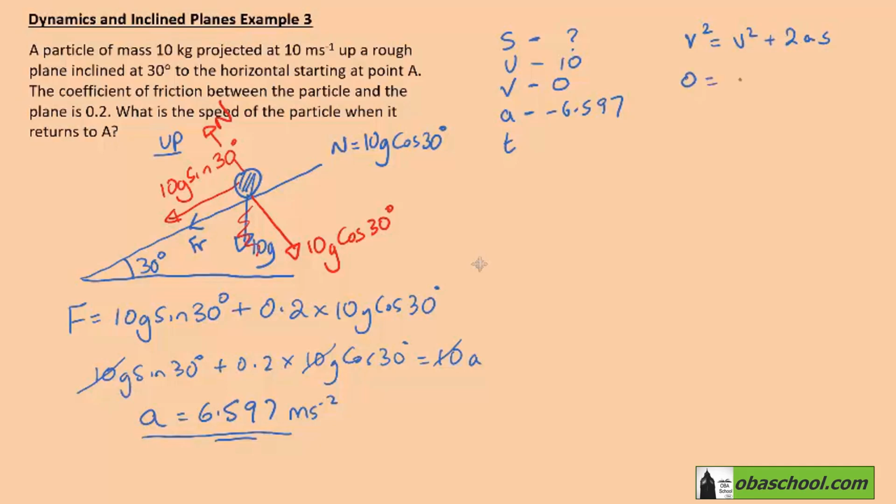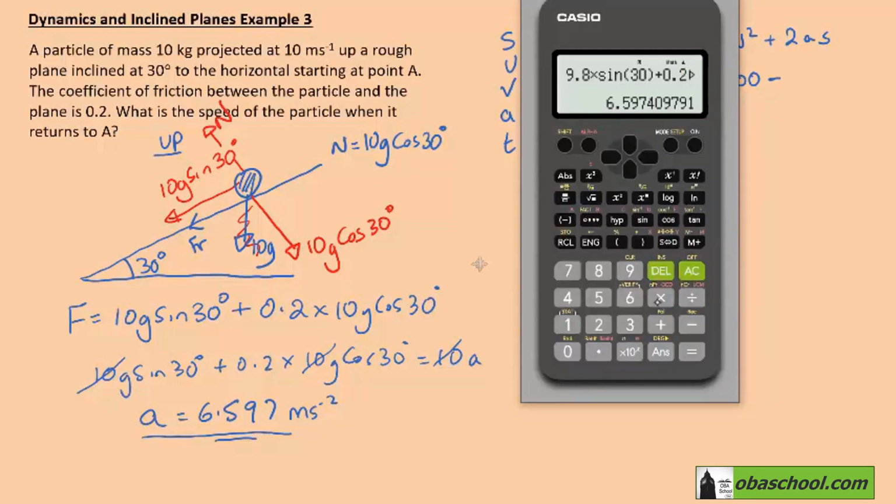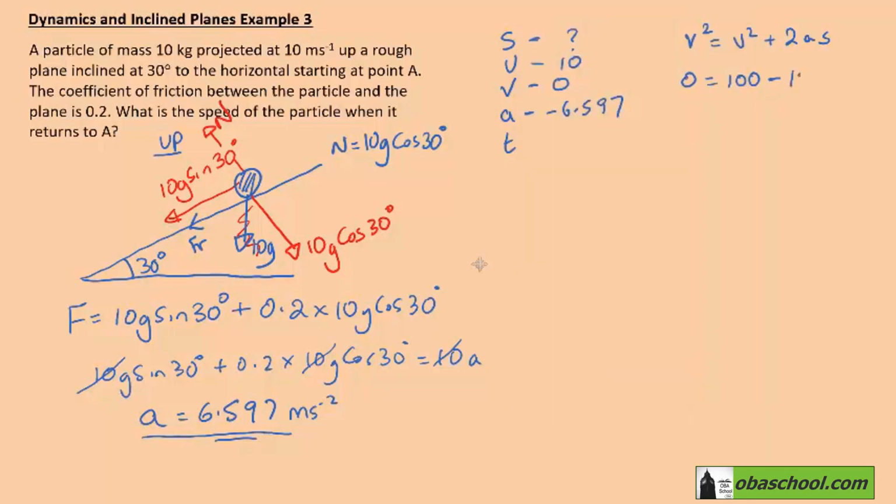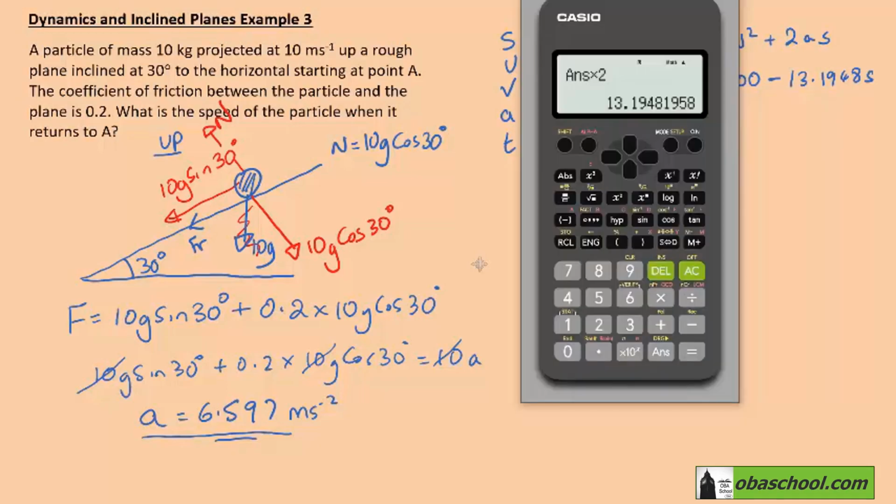So 0 is equal to 100, take away that last answer times 2, negative 13.19 for s. So the distance travelled up is going to be 100 divided by that last answer,